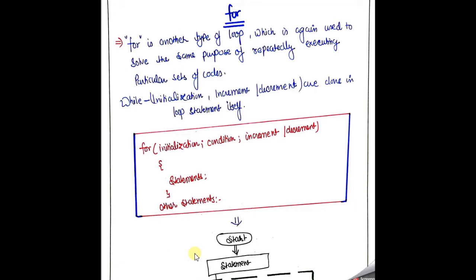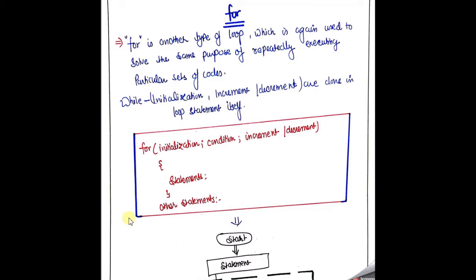In the previous lecture, we covered the topic of loops, the importance of loops, the while loop concept, and also the nested while loop. So now today we are going to start our next topic, that is the for loop. What is the for loop, what is its importance, and how is it different compared to the while loop?